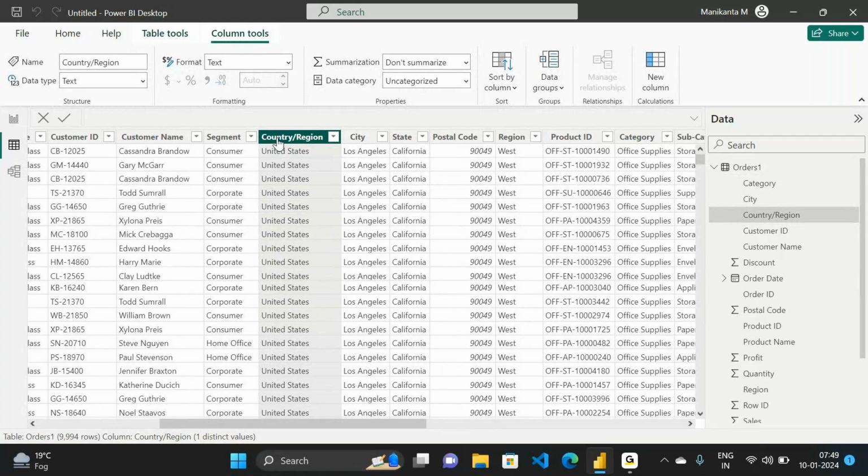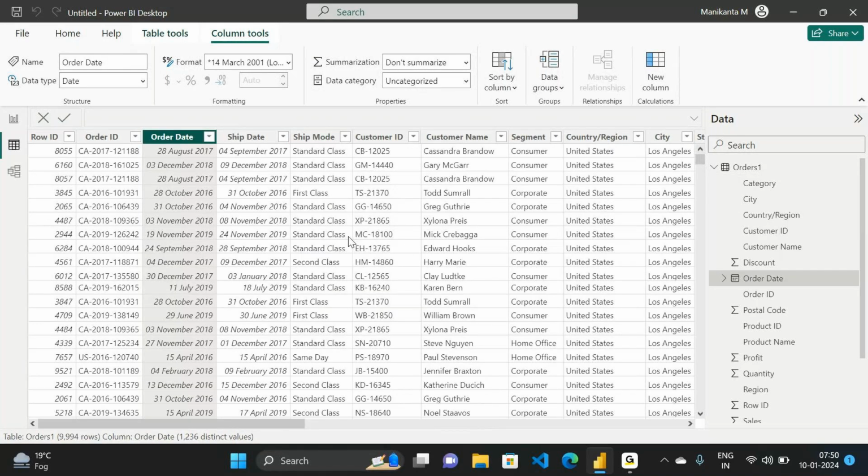Once you select a column, you are able to get the data type, which data type it is, and which format it is. You are able to get that here. But now let me know,